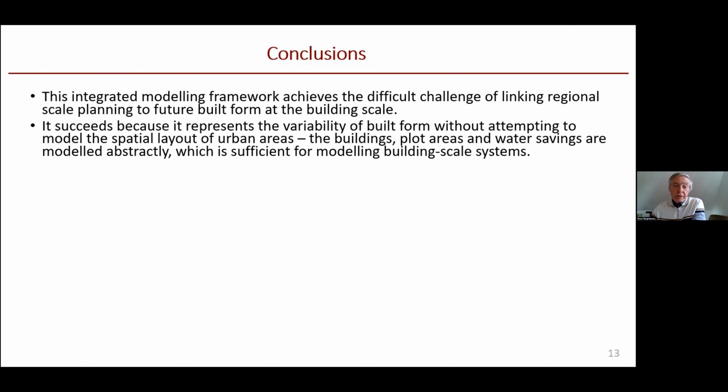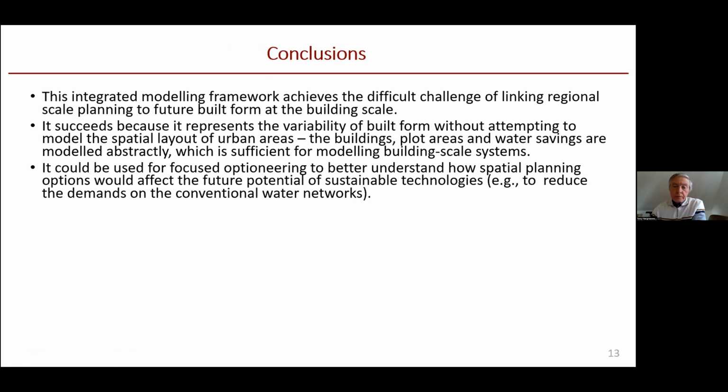It manages to achieve that by not attempting to represent how they'd actually be built on the ground, but to use this more abstract method of modelling just the buildings in an abstract way without attempting to model their physical layout in different areas, because that's sufficient for modelling these water systems at the building scale. So this type of model would be useful for optioneering on how spatial planning options would